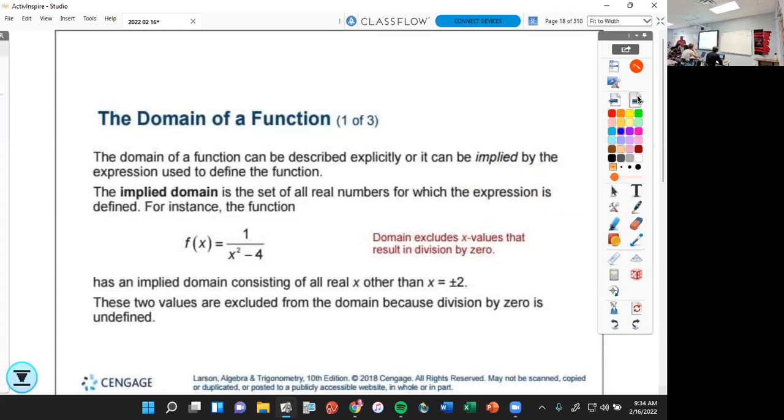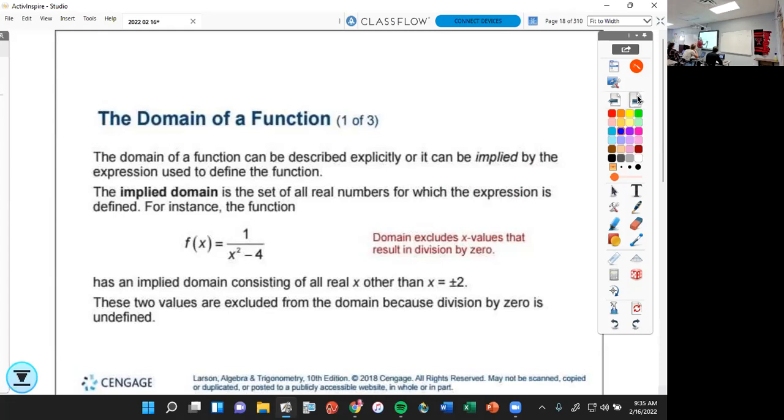What can you not divide by? 0. So because I cannot divide by 0, I'll look at this function here. I see that my variable is in the denominator. I don't have to tell you what x can't be. You need to figure it out. What value or values of x would make the bottom 0? 2 or -2, because this factors into x plus 2 and x minus 2, right? So because this factors into x plus 2 and x minus 2, and you set those equal to 0,